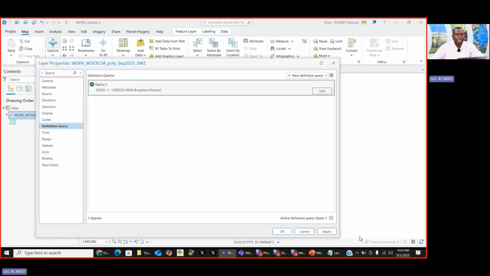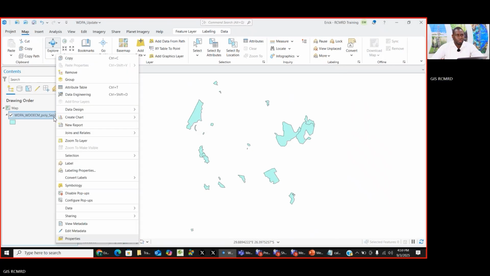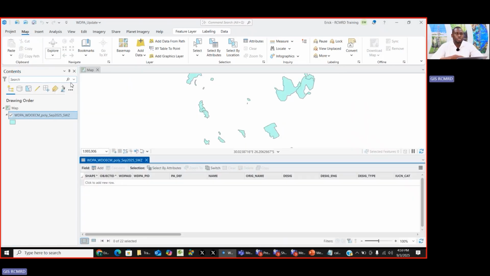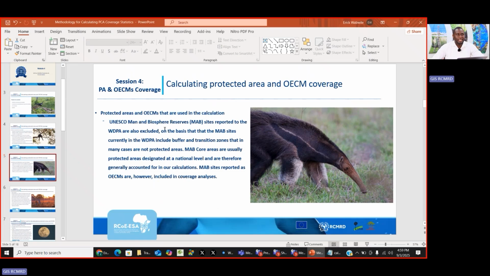So what will happen here is that these sites will be removed from the layer. So if you come and now open the attribute table, you should have fewer sites. You can see we had 23 sites and now we have 22, which means biosphere and MAB reserves have been removed. Then we can go back to the third criteria,